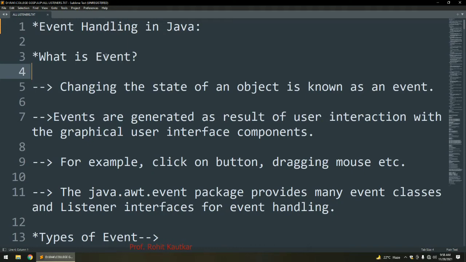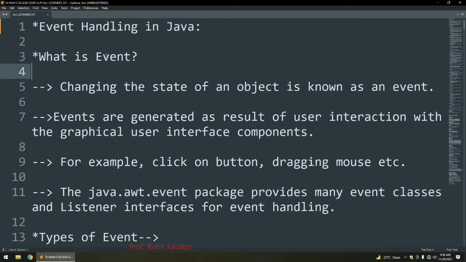A button, a checkbox, a radio button, a window, a list: all these are active components which are able to generate events. A passive component like a label is not able to generate events. If you interact with a label, it will not generate any kind of event. So the label comes under the passive category, while all the rest of the components come under the active category.